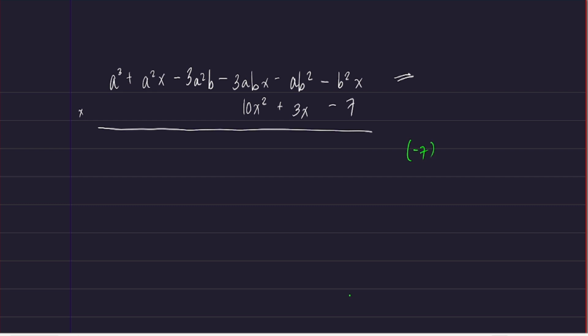Negative 7 times negative b squared x is equal to positive 7b squared x. Then, next will be negative 7 times negative ab squared. So, that would be positive ulit 7ab squared. Next is negative 7 times negative 3abx. So, that would be 7 times 3 is 21. So, positive 21